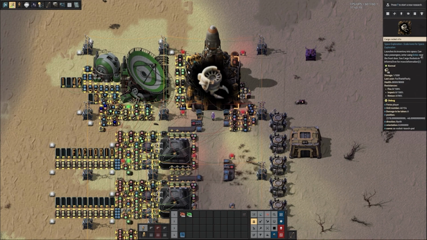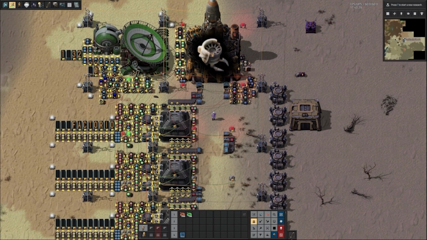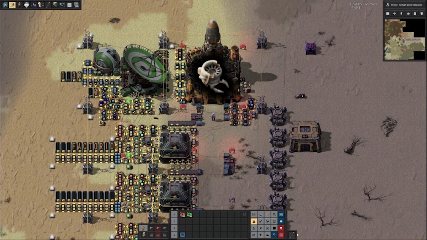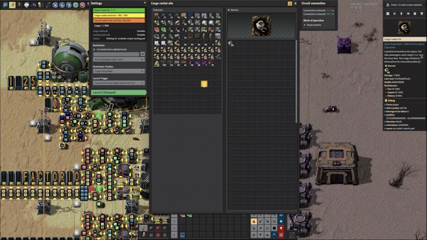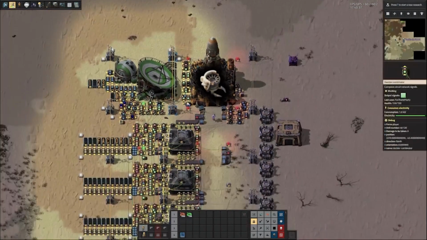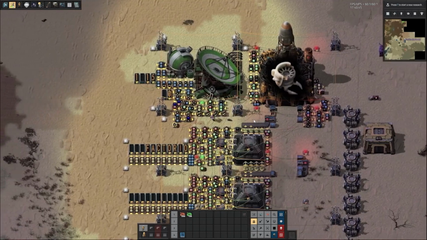And now it's turning red, and for some reason the speaker is not alarming. Oh yeah, the volume is at 0. Yeah, I guess I'll keep it at 0. It's kind of nice. So you can just see that here, novice cargo rocket failed to launch. You will see the items inside are still there, and it will also not delete the request, so you can see what outpost it was supposed to go to. You can go over there and